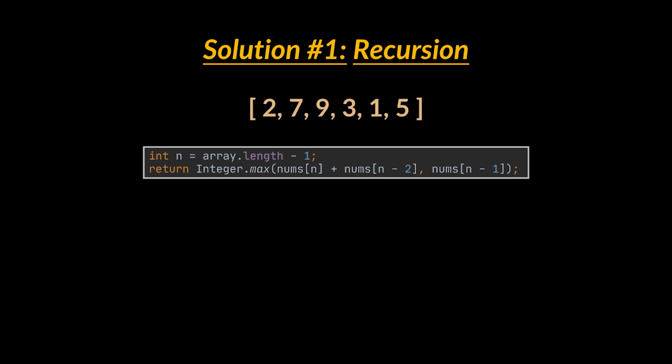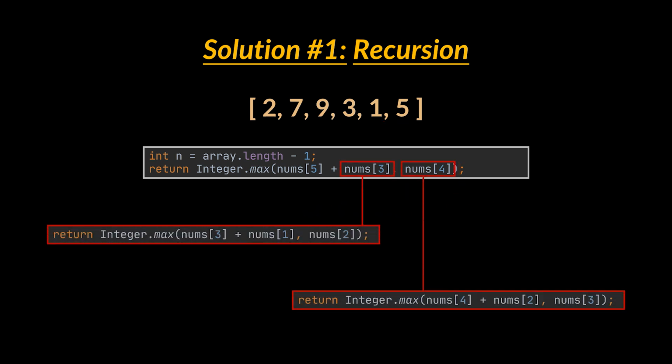Let's scale it up and solve the larger problem at hand, and suppose the array now has 6 houses. You see, the equation we just wrote now applies to the last 3 elements of this array because n equals length minus 1, right? But these two numbers right there do not represent our only choice anymore, and hence need to be maximized. This is done with the help of the same formula by considering that their actual position is the last one, which must be maximized, just like length minus 1.